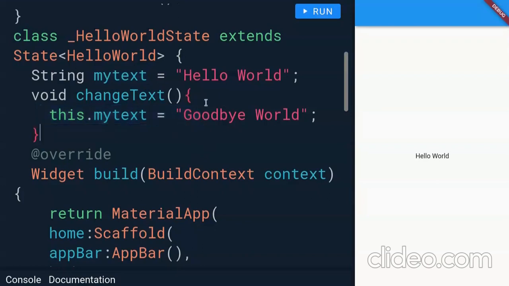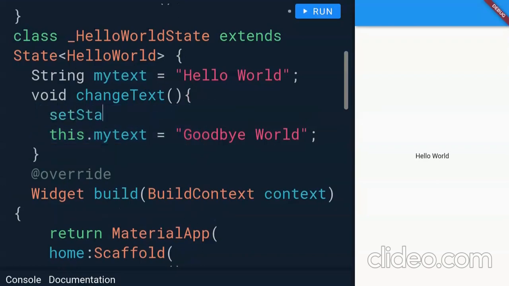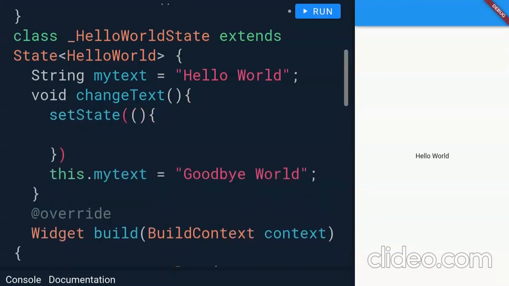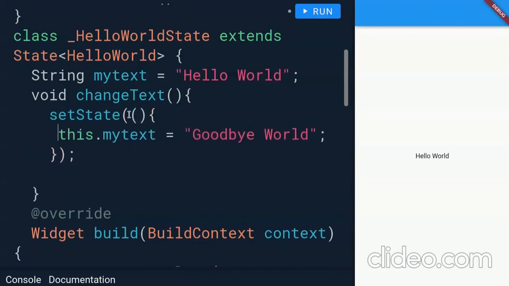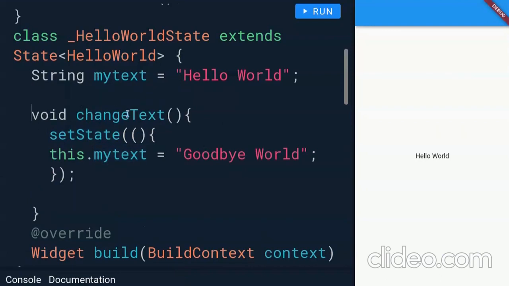So yeah, we have to do this inside the setState function. So let me write the setState function. See, this setState function is taking a function as the argument, which does not have any name. It is an anonymous function, and inside that we will change the state. So inside the setState function, we are changing the state of myText to goodbye world. Initially, it starts off as hello world, and then when the event occurs, this function is called, and we change